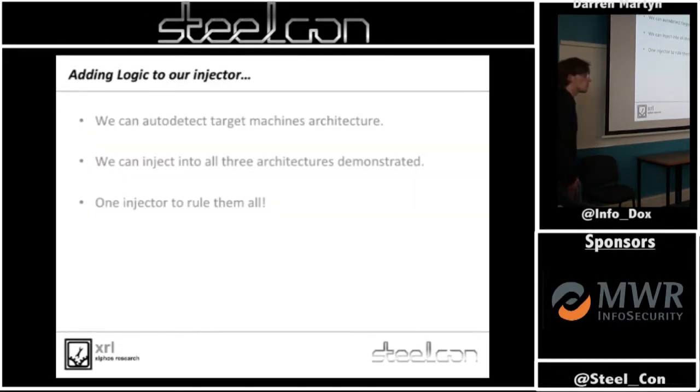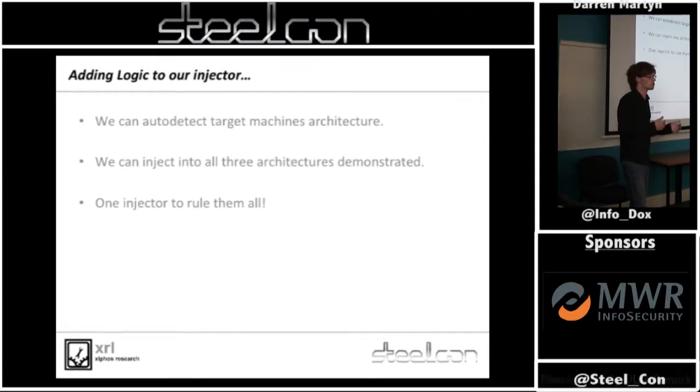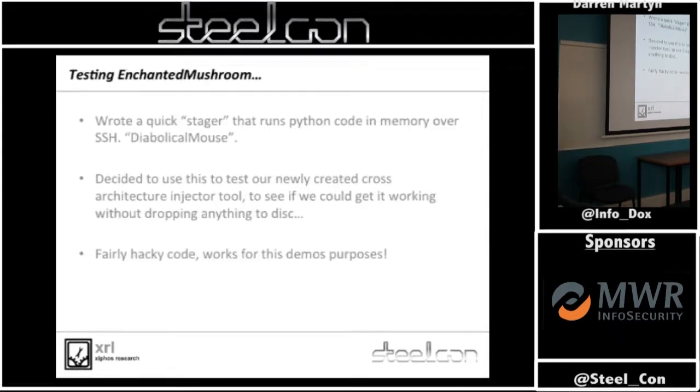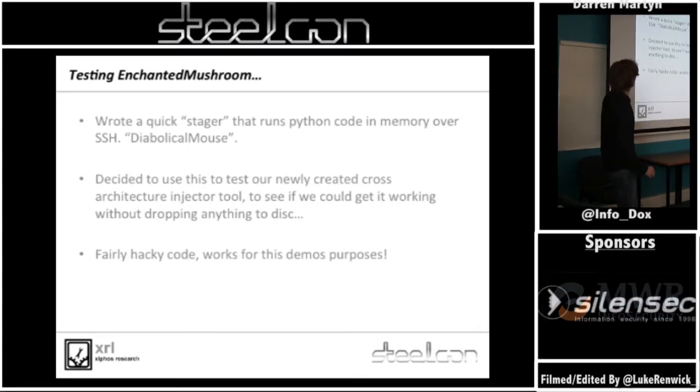So after having a look at process injection, writing a bunch of scripts to do this on different architectures, I started thinking, looking back, how about one ring to rule them all kind of thing? One script that does it all magically for everything? So why don't we just automatically detect which architecture we're on and then inject into all of them? So, I wrote this, and using the now traditional NSA ridiculous naming scheme, I call this Diabolical